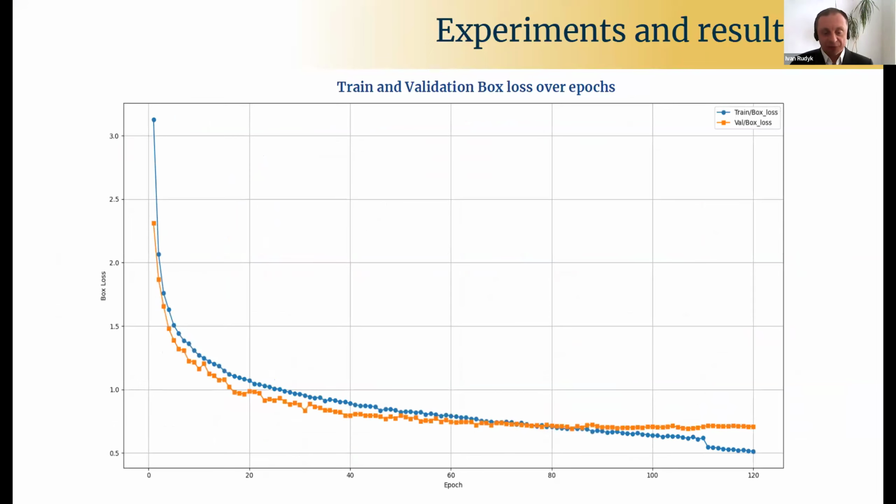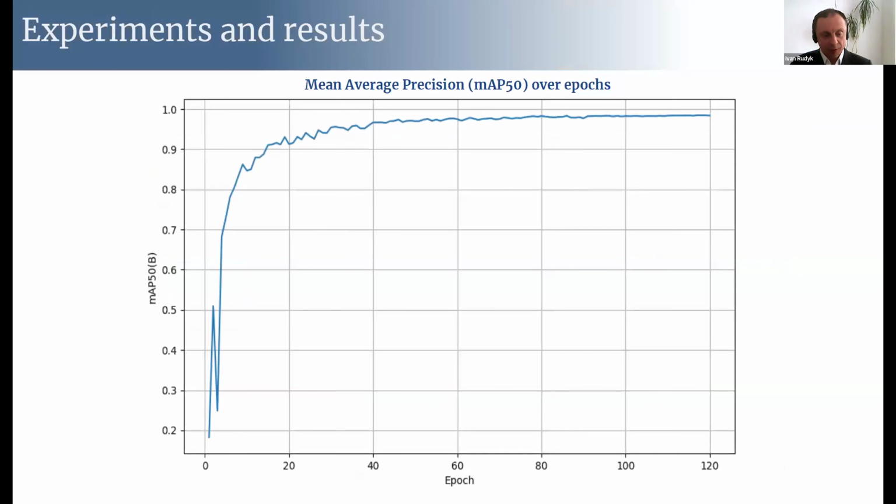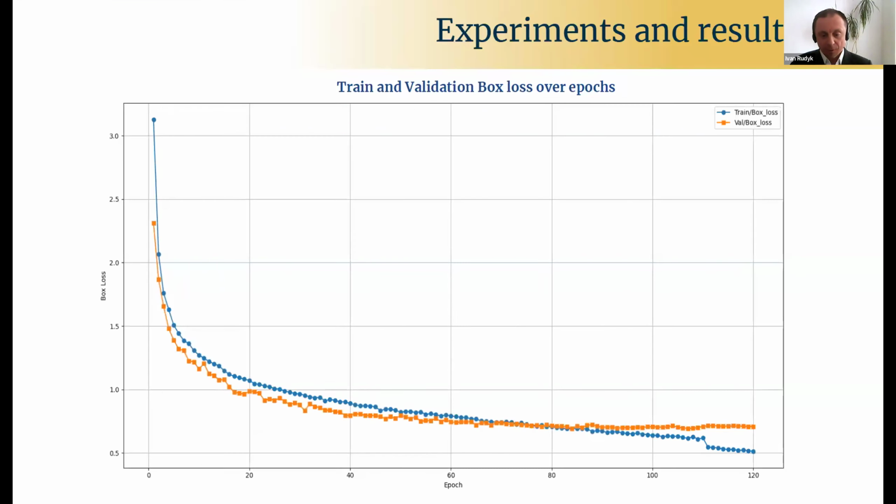As for the obtained metrics, they indicate, on the one hand, the success of training. There is an improvement in the values of the parameters train box loss and mean average precision with an increase in epochs. Let me show you again. On the other hand, the relatively stable value of validation box loss starting from epoch 84 suggests natural performance fluctuations